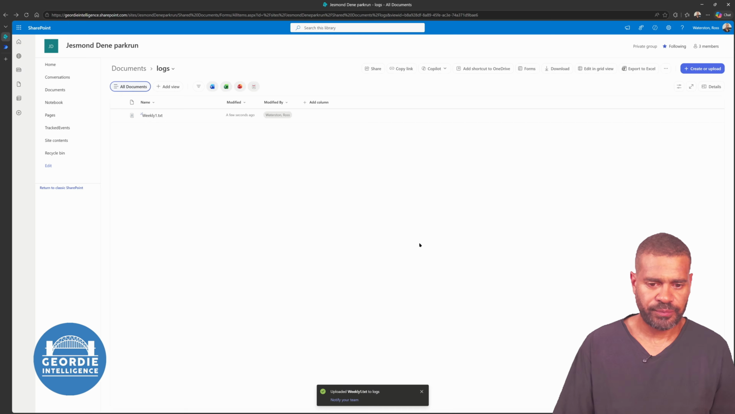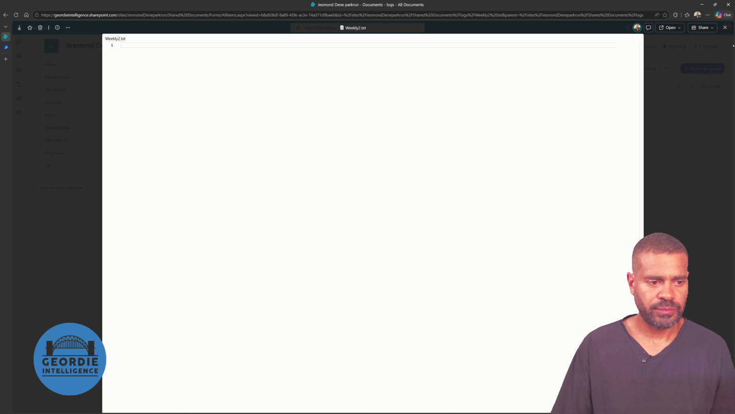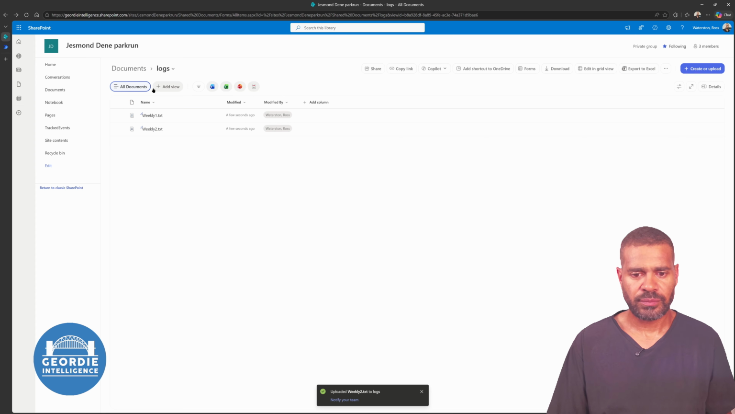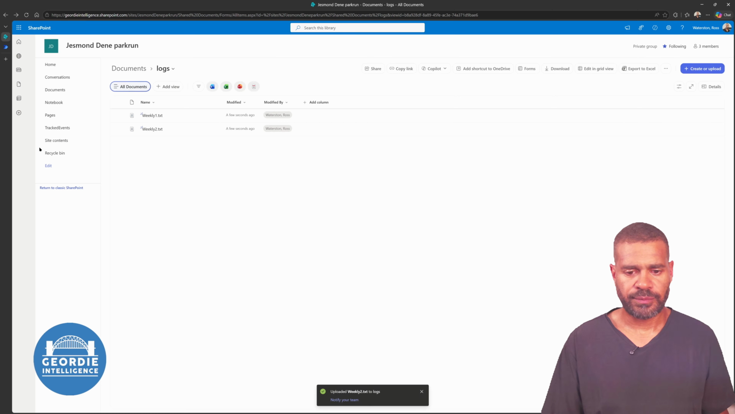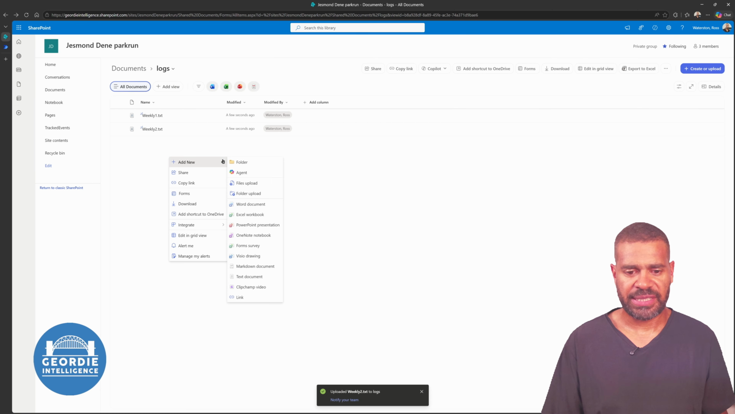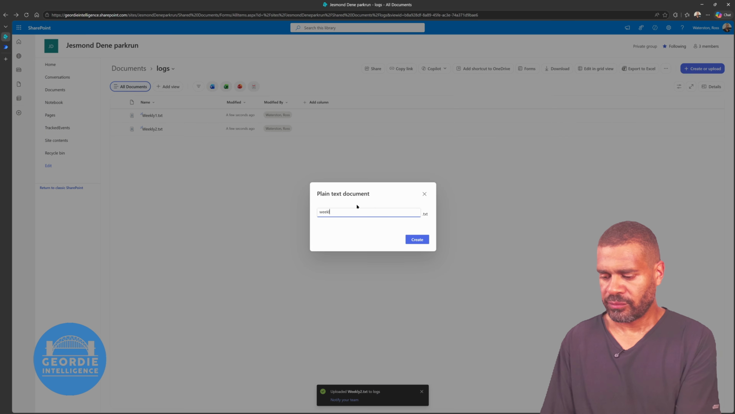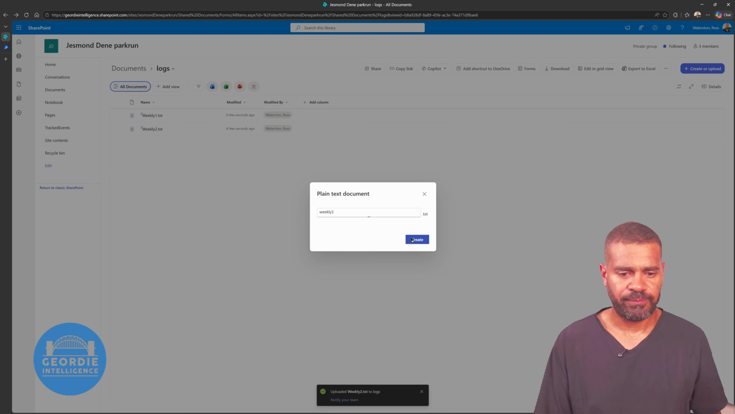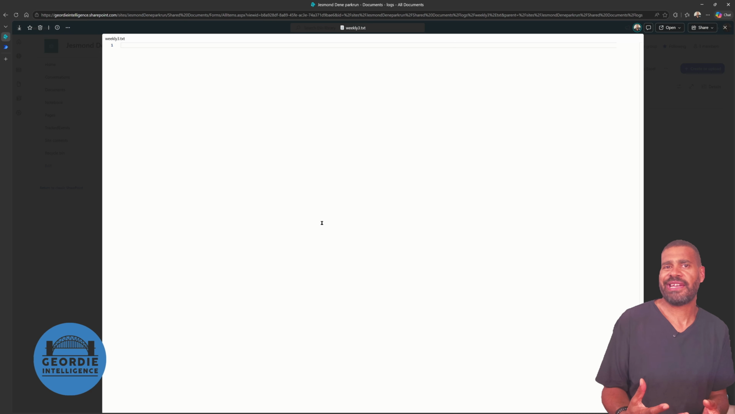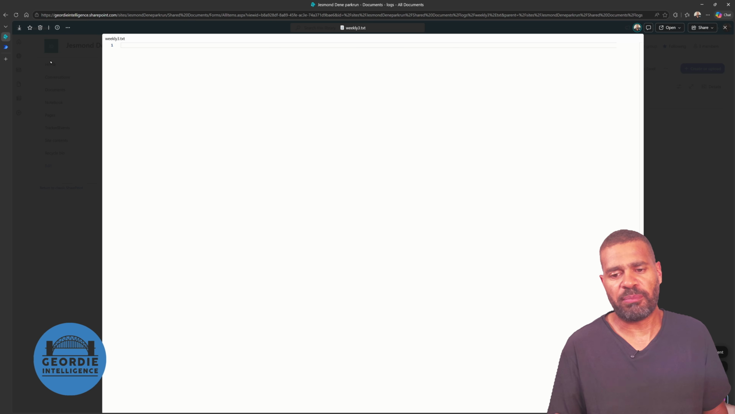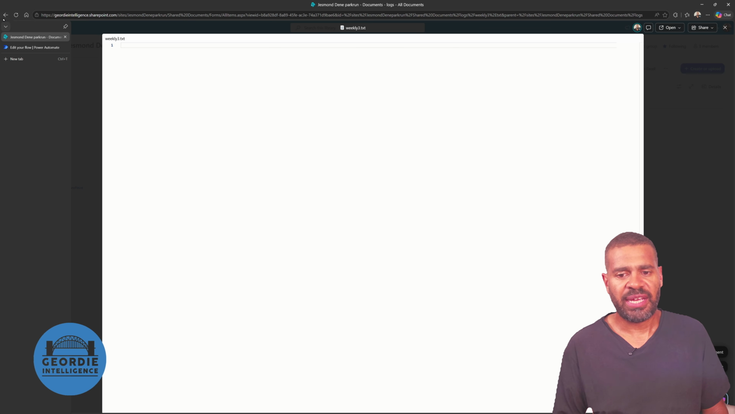Weekly 2. Nope. And then lastly, we'll do add new weekly 3. Okay, so you pre-stage the files, and the reason is just the components of Power Automate has,